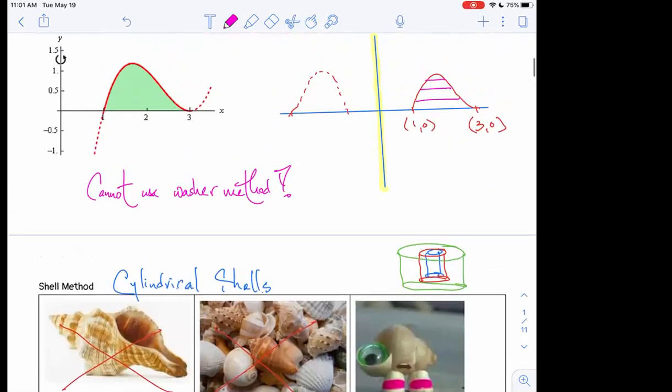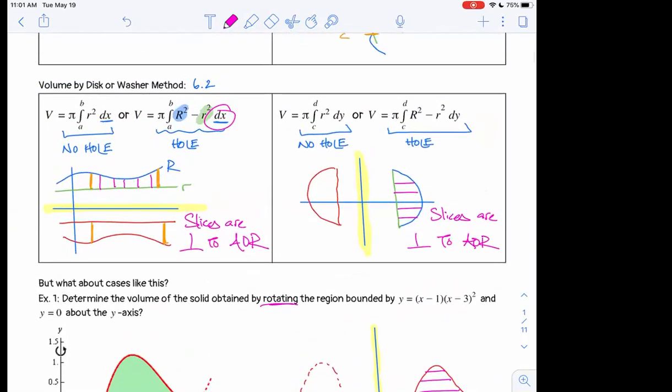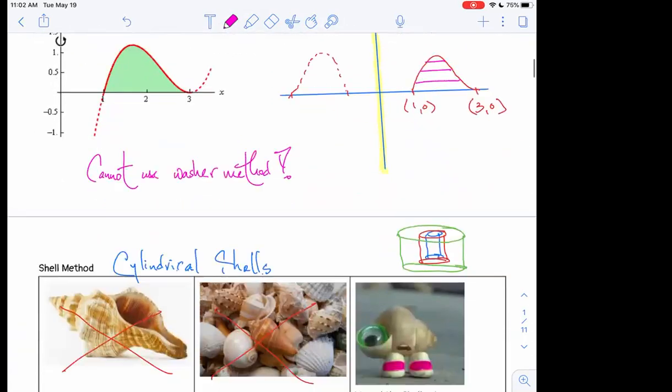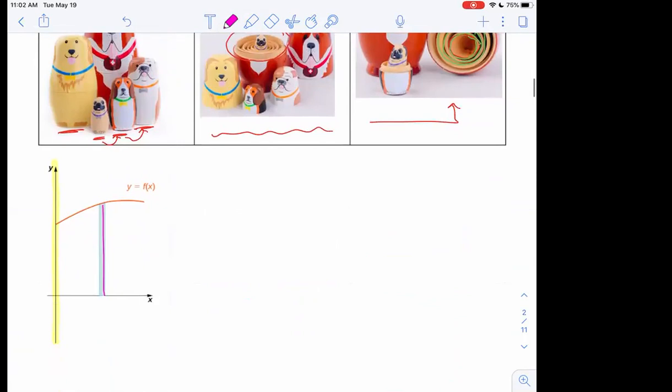So I'm going to go back up here for a moment. We said that slices for disc and washer method are perpendicular to the axis of revolution. So if a problem says, solve this using disc and washer method, and you draw lines that are parallel to your axis of revolution, that diagram does not match or work, okay? So if you want to use washer method, you need to show me slices that are perpendicular to that axis of revolution. On the flip side, if you want to use shell method,